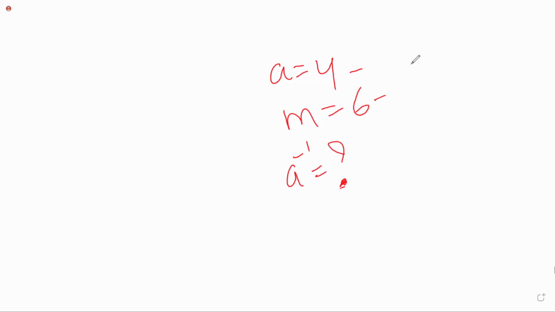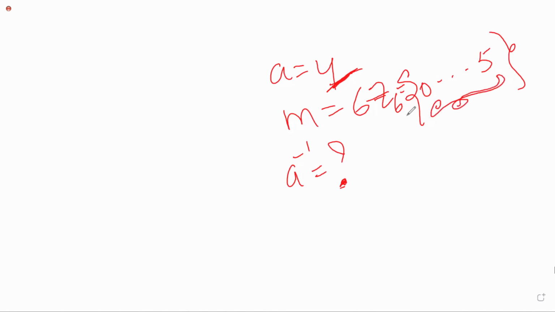Ma'am, is it 1 by 4? No, 1 by 4 will not work, we will not get fractions. We'll get only the positive values. If you see the definition, the multiplicative inverse is also in between. Here M is 6, which can be represented as Z6, and Z6 is nothing but 0 to 5. So if there exists a multiplicative inverse to A, that will also be a part of the same set.